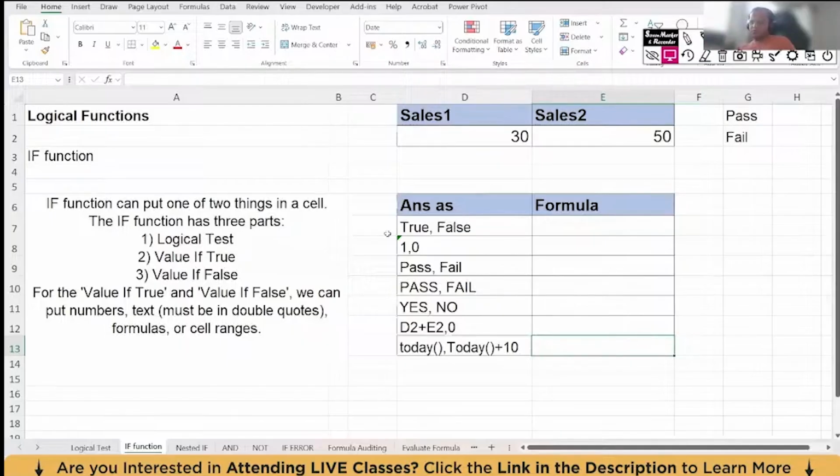So the if function has three parts: the logical test, what we are checking, and then if that logical test is true, what it should show you, and if the logical test is false, what it should show you. Yes, these are the three things here. So first of all, in this cell, that is E7, I'll be writing an if function. We'll start with a very simple if function. So I write down here equal to